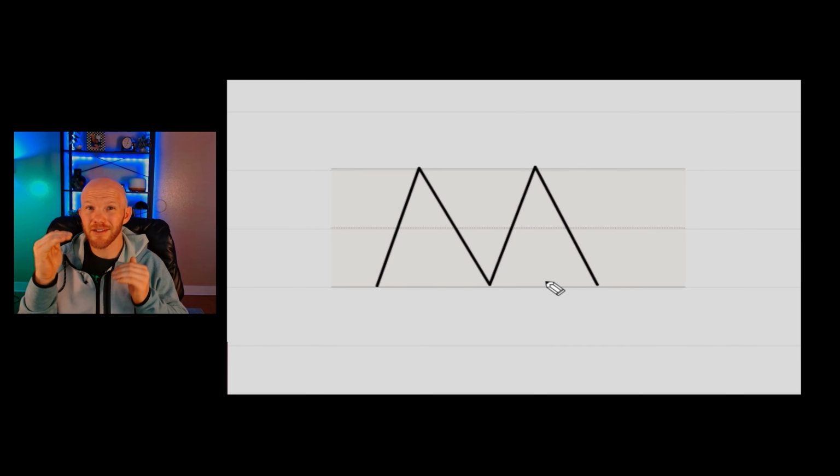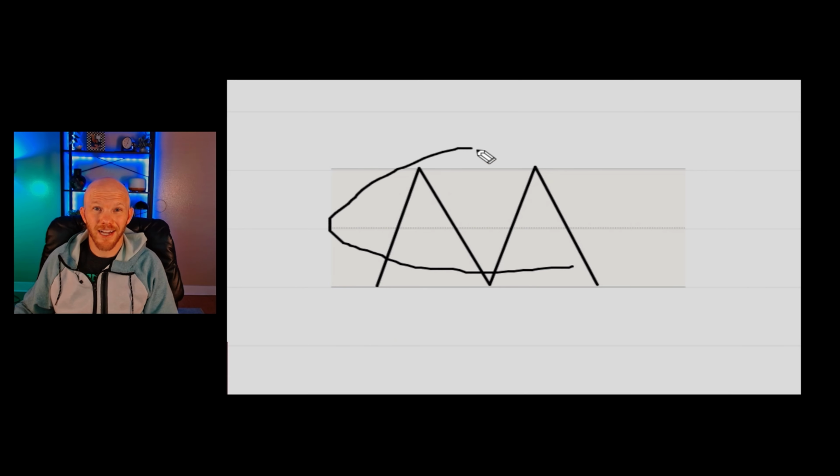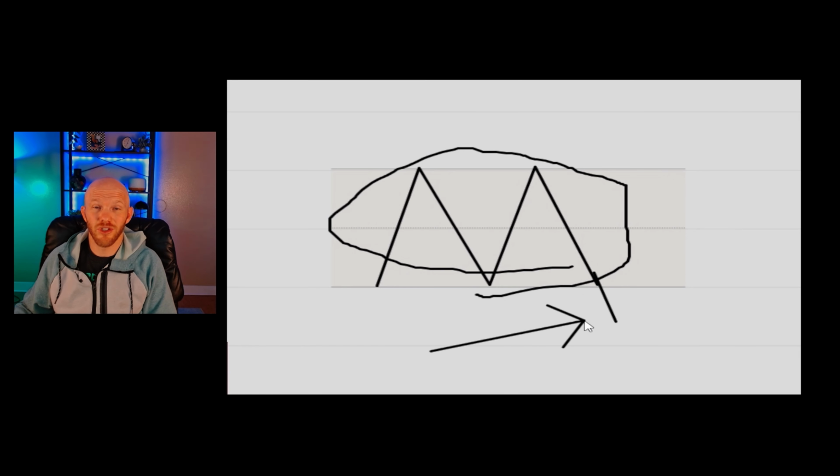Essentially, buyers and sellers have paired off, and they have more or less agreed that, yeah, this is where price should be right now. So since that is kind of what they have agreed upon, anytime that price breaks out of that consolidation, it's usually just a way to generate more orders for them to maintain their position around this price.